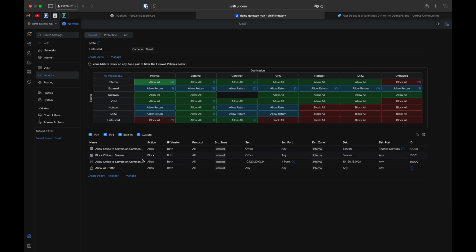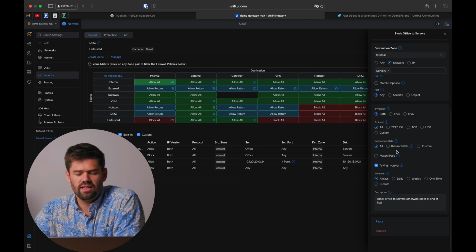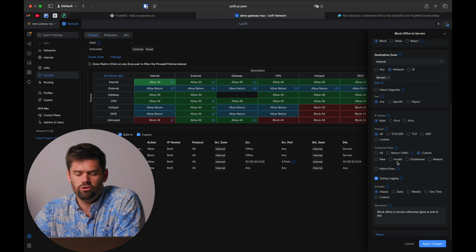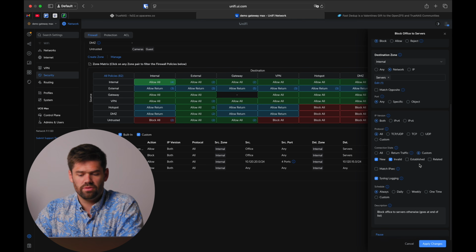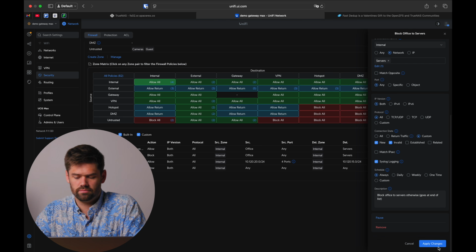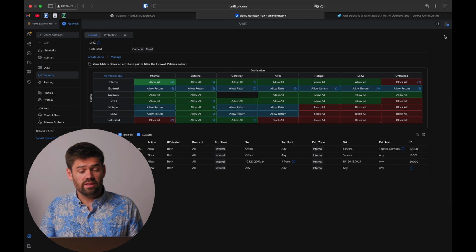And so actually, this order itself is not sufficient. If you look, this return rule that was automatically created did not actually get hit because this will have hit that return traffic first. So one thing we actually need to do here is change that block. We need to make sure to set it to the connection status of new or invalid. That way, established and related traffic falls through, and so replies will fall through it. As you can see, there's a ton of stuff you can do here,